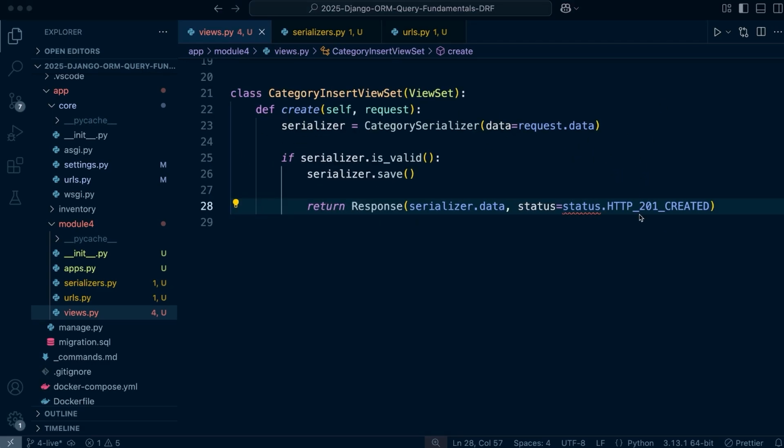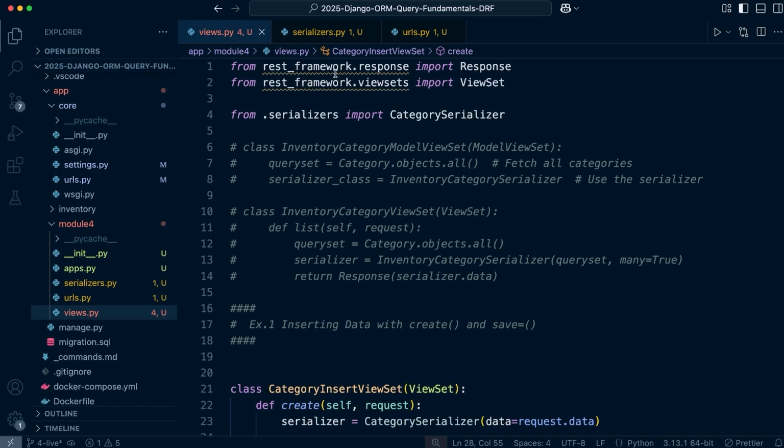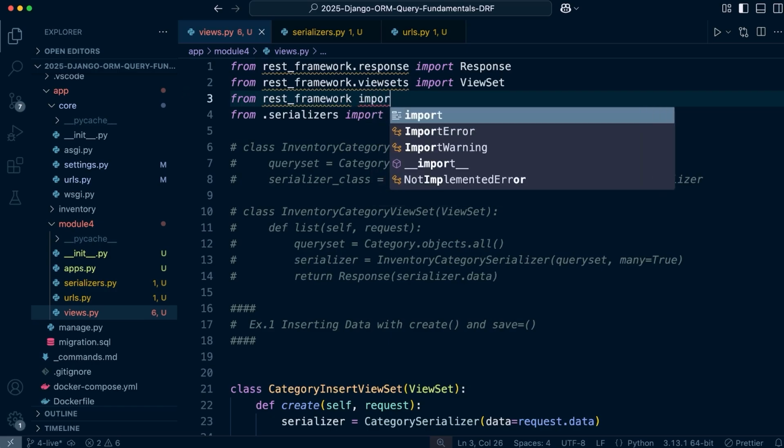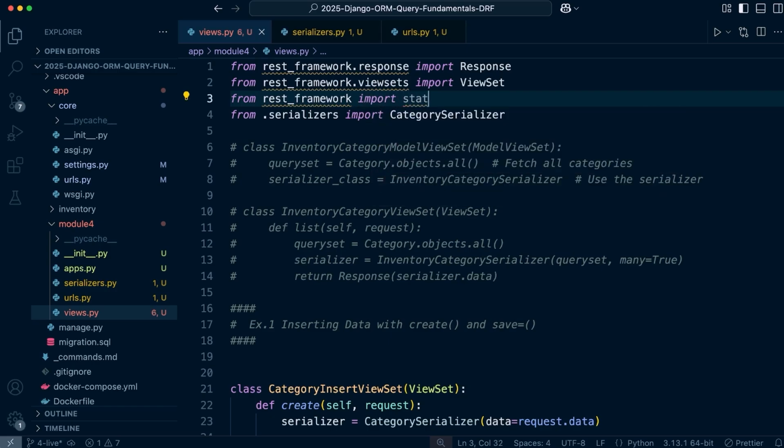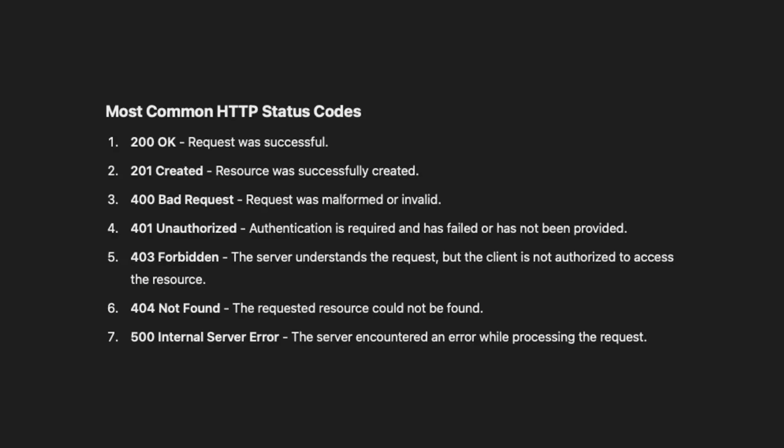Okay. Yes, we need to import status from the REST framework. So from REST framework, let's go ahead and import. I'll get this right. Import status. There we go. The HTTP status code is a standard response sent by a web server to indicate the outcome